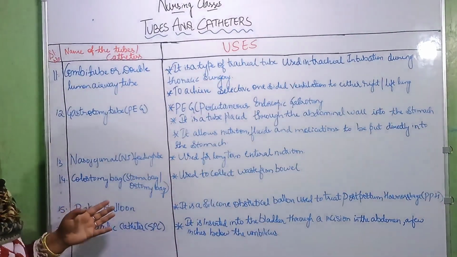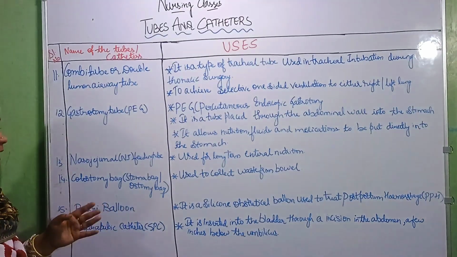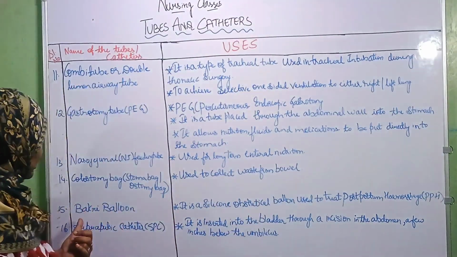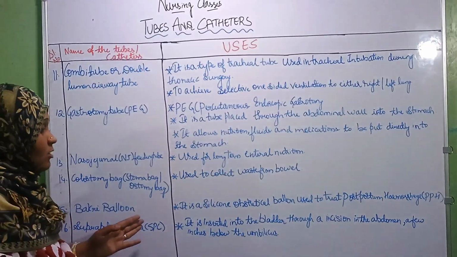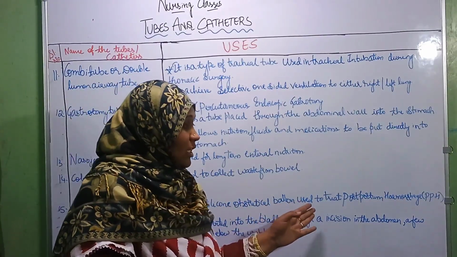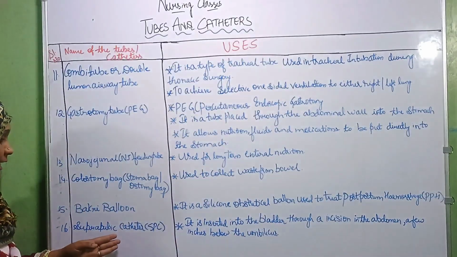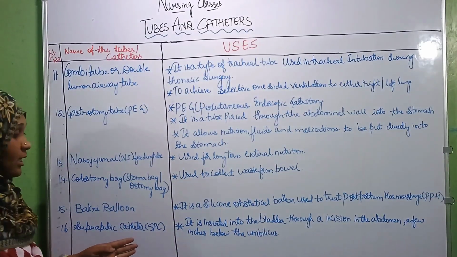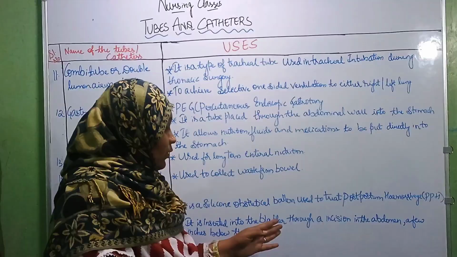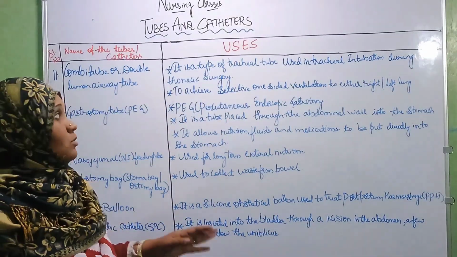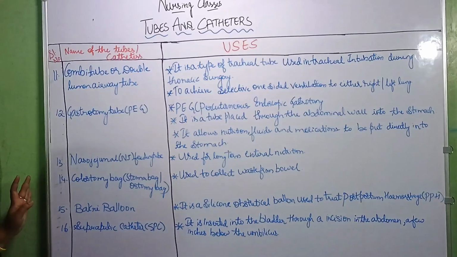Colostomy bag or stoma bag, also known as ostomy bag. It is used to collect the waste from the bowel. So next is Bakri balloon. It is a silicone obstetrical balloon used to treat postpartum hemorrhage, that is PPH. Suprapubic catheter or SPC, it is inserted into the bladder through an incision into the abdomen a few inches below the umbilicus. So these are nothing but the tubes and